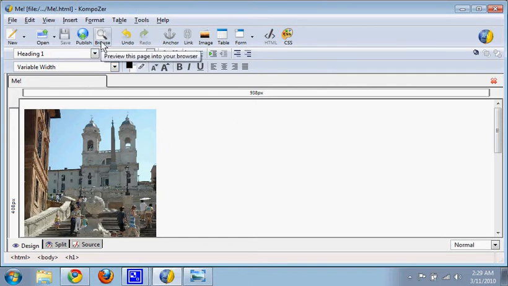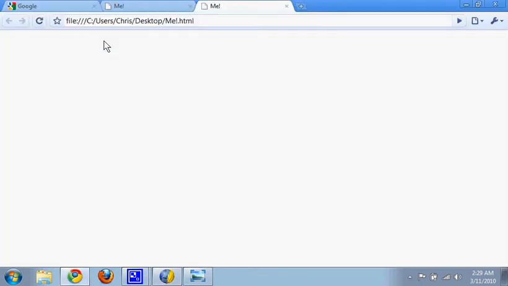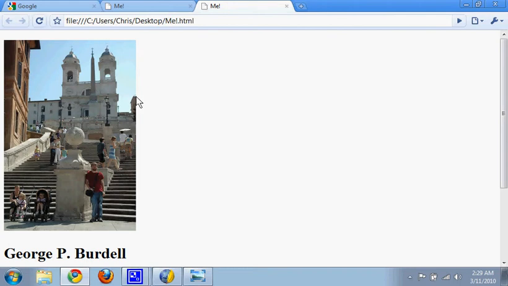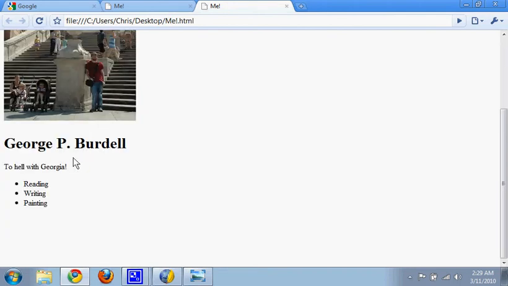Go back up, hit Browse, and let's see what it looks like in the web browser. And as you can see, we have a picture, and we have the information below it. It's still a little too big though, so let's try resizing it. Go back to Kompozer,